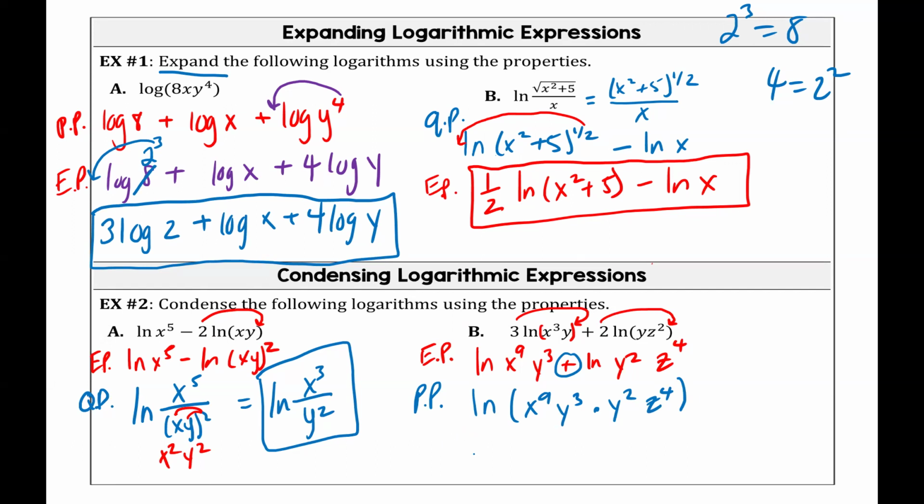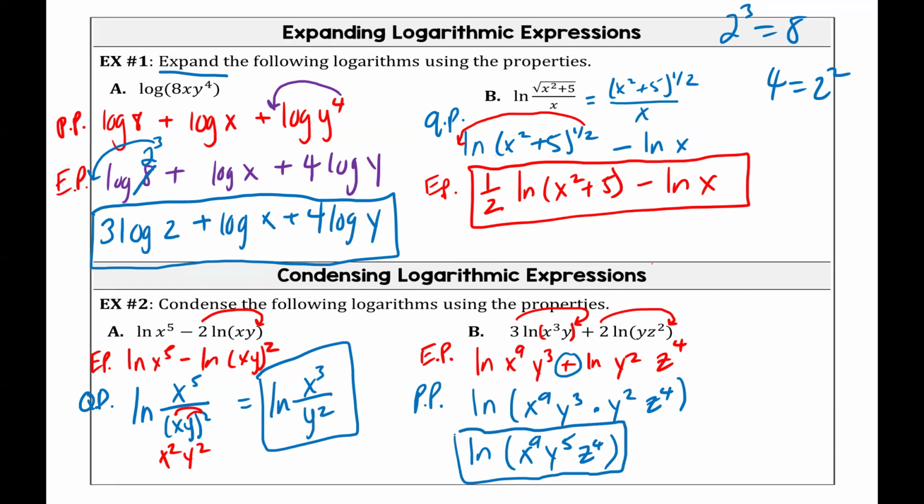I'm going to simplify. Okay. Does x have a friend? Nope. Does y have a friend? So it becomes y to the 5th. Does z have a friend? No. So my condensed form is